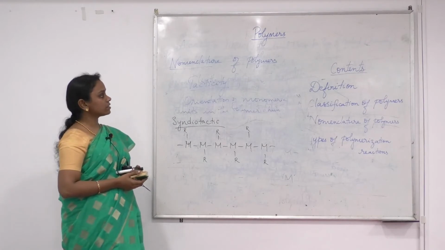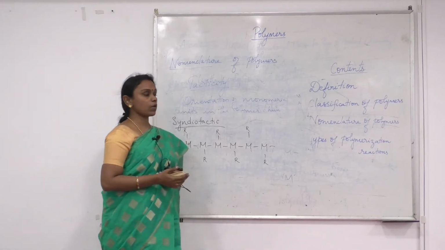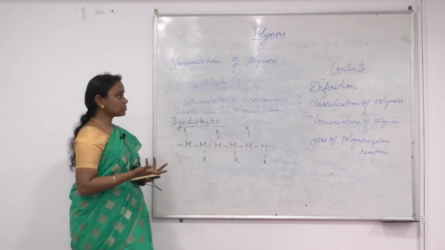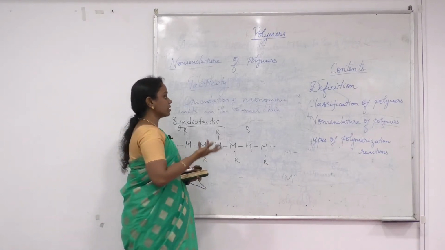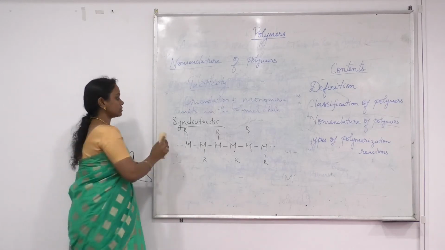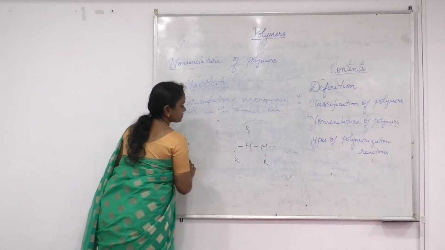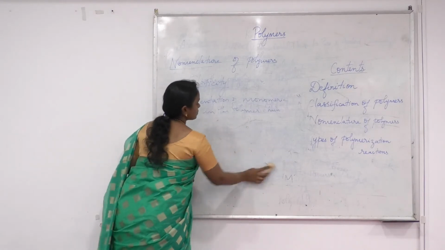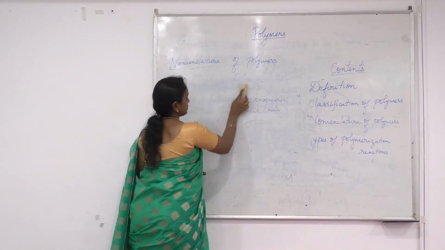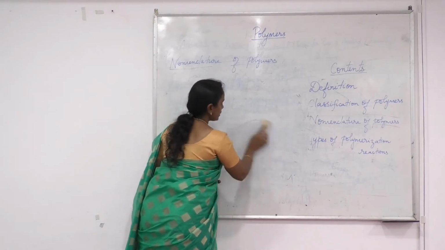So what have we seen till now? We have seen the definition, what are polymers, then we saw what are the different classifications of polymers, then we saw some of the nomenclatures, homopolymers, heteropolymers, tacticity. Next we will see what is known as functionality. Functionality means